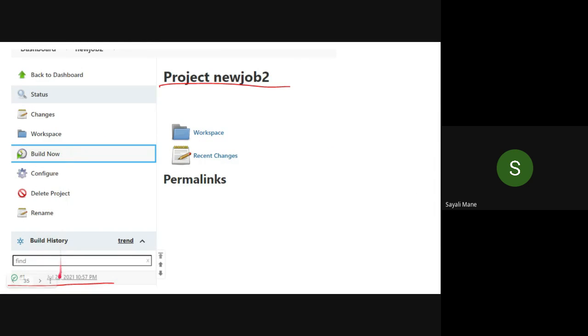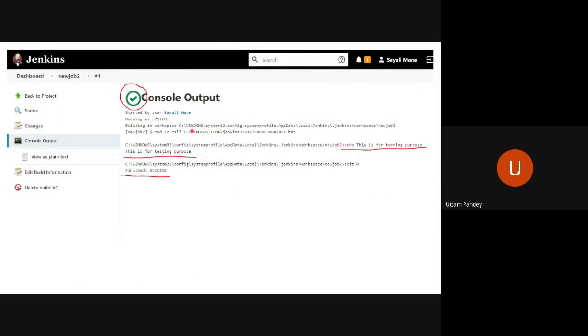Then on the left hand side, see here, you will see your project is building. You will see the date, the time, and your project is building. Are you getting that? Yes, ma'am. Okay. Now here, click on the green button. See the green button which is there. One job and green button is there. Some console output, yes, ma'am.